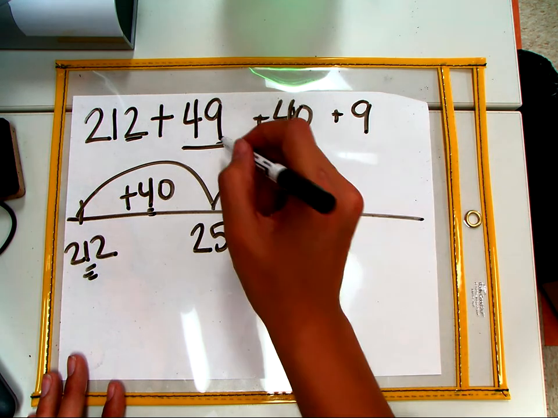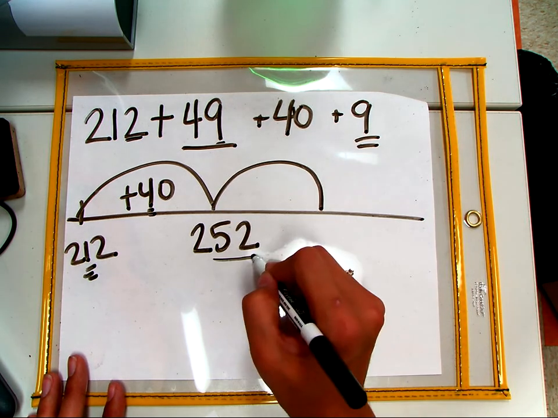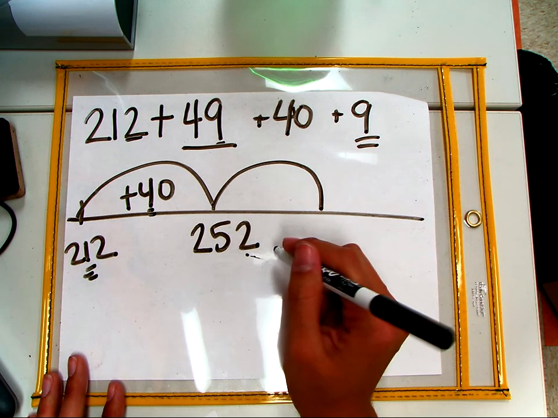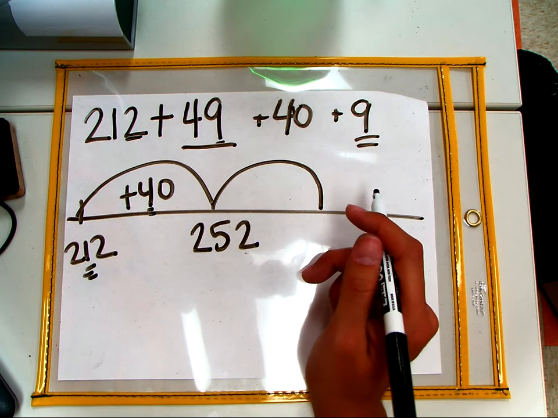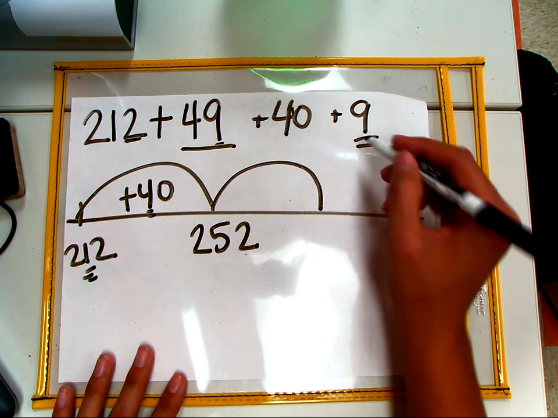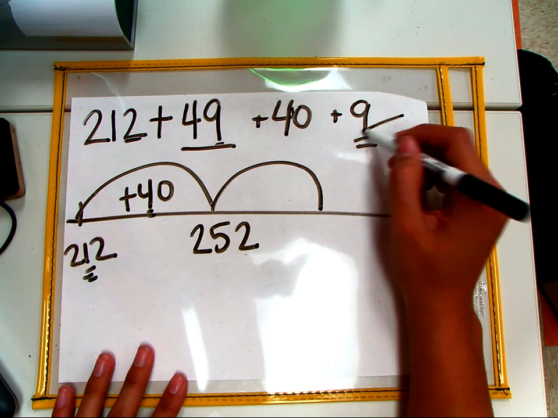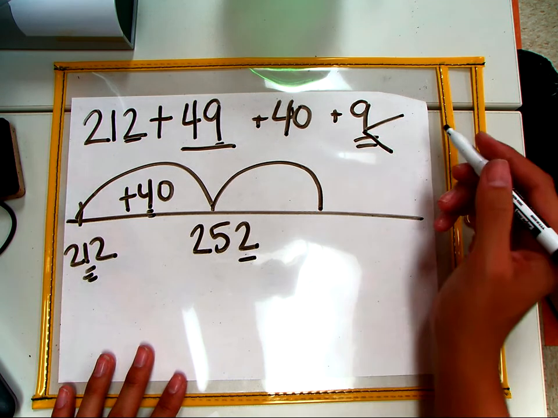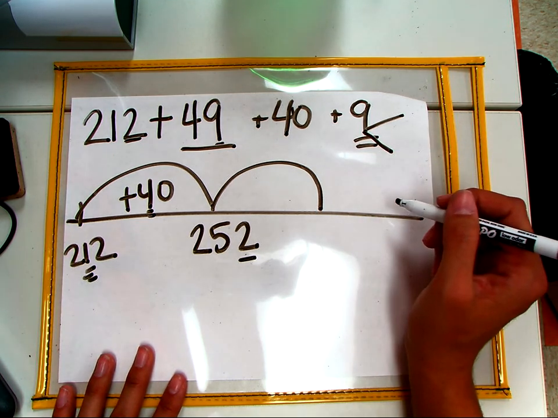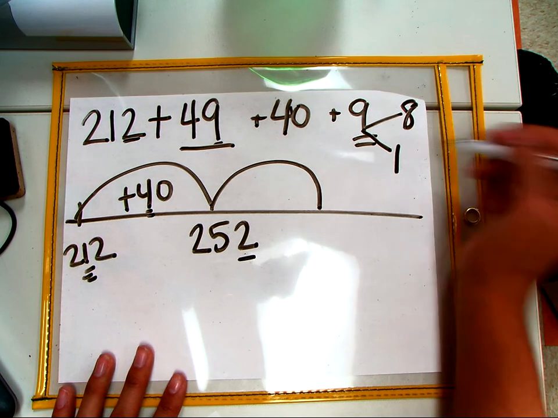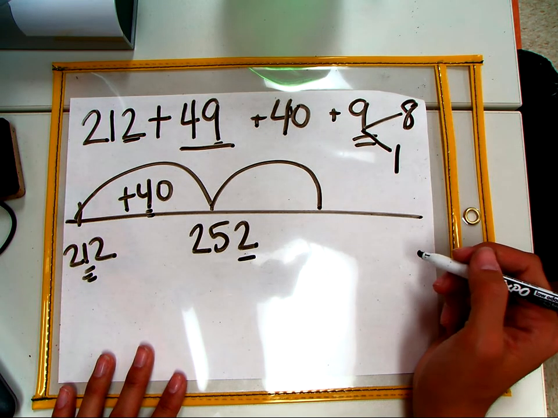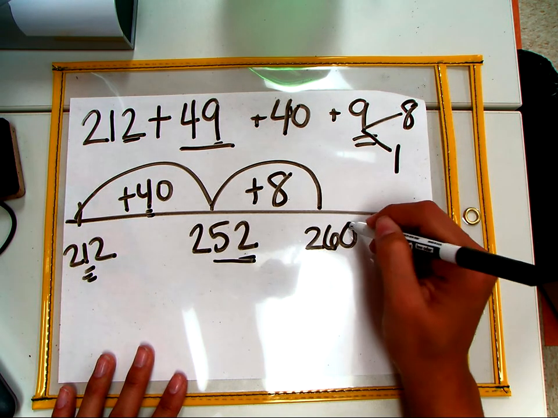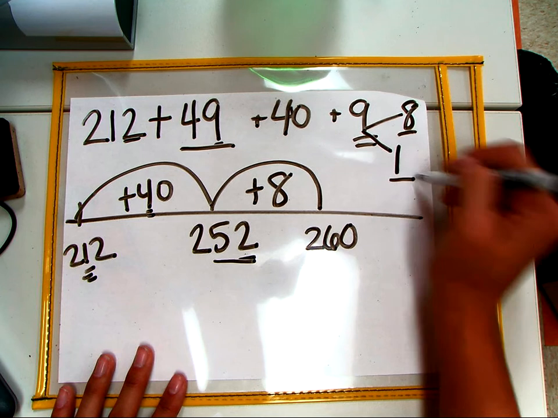Now when I go to add the 9, that can be kind of confusing for students because they're looking at 2 plus 9 and they get 11, and then that can kind of be confusing. So the way that we would want to have students do that is they could break the 9 into 2 smaller parts of adding or addition. So they know that 2 and 8 make the next whole 10, so they can break the 9 into 8 and 1. If I do 252 plus 8, that gets me to 260, and then I just need to make sure that I add on that last one,